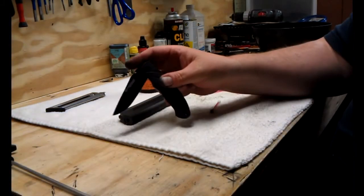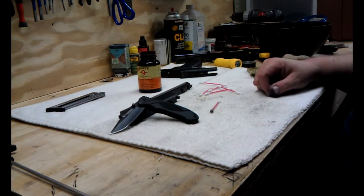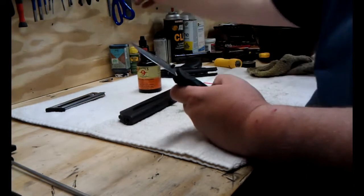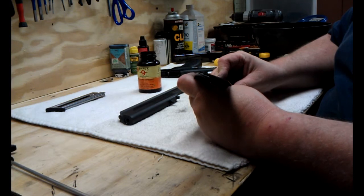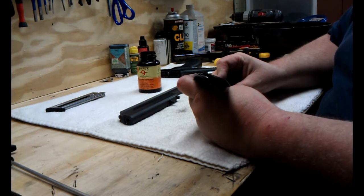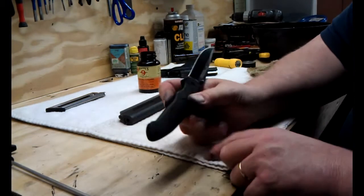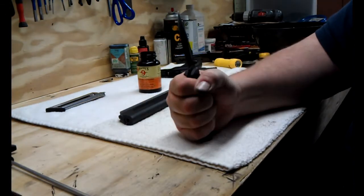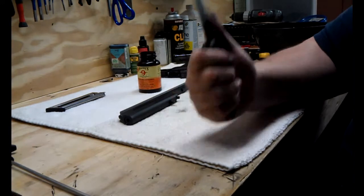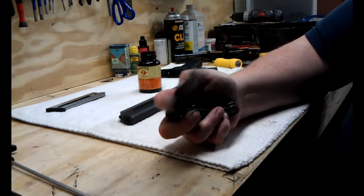Some of the specs on it, how long was it? Let me get the real deal here. 7 3/4 inches long, and the blade from the point to the hilt is 3 1/4. It gives you the contours here, which seem to be really comfortable for me anyway, and I can hold it really well. It gives me a 3 1/2 inch blade, which is plenty for most of the tasks that I'm doing with it. I used it today